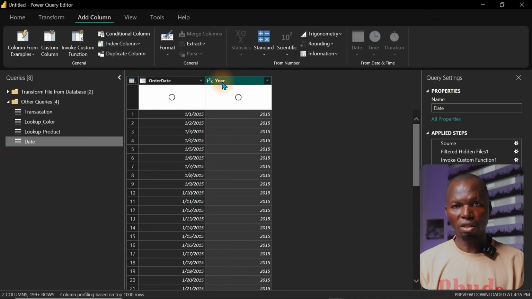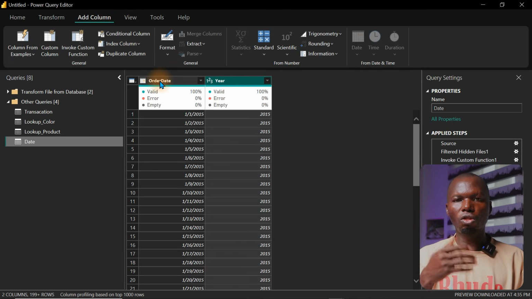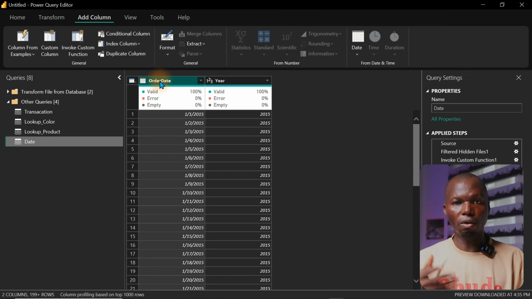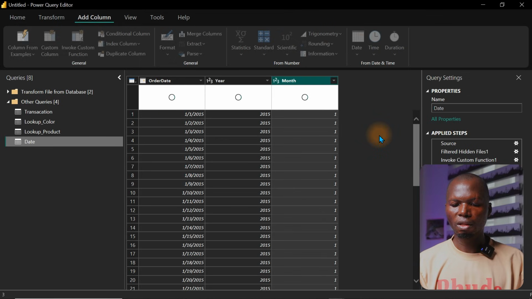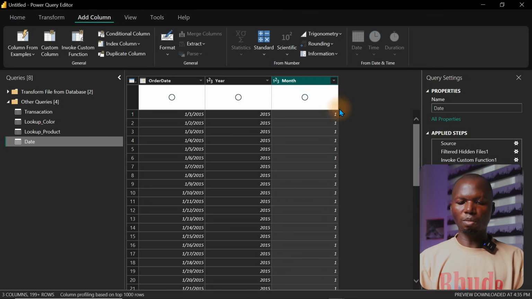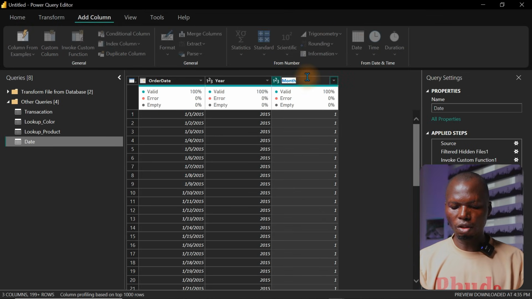So we have the year right in here. The next thing we want to do right now, everything you want to do, you have to click on this particular column before it actually works. So we are still under add column. We come over here. We are going to extract the month. So the month here is the month number. So I would love to just change this one to month